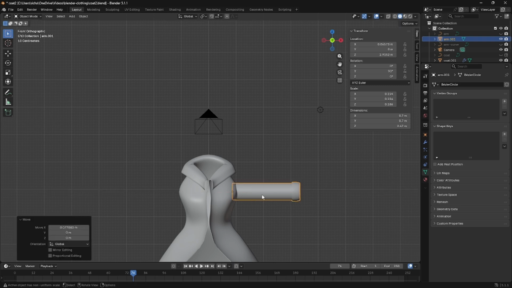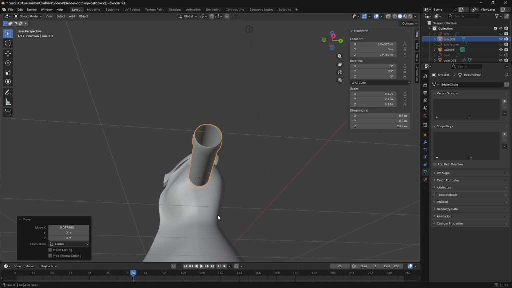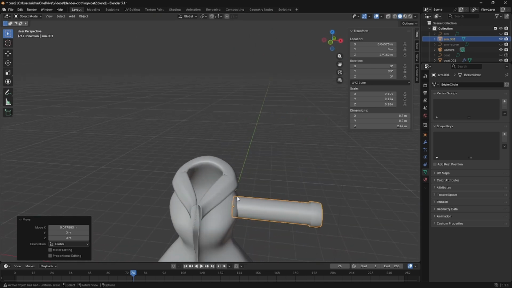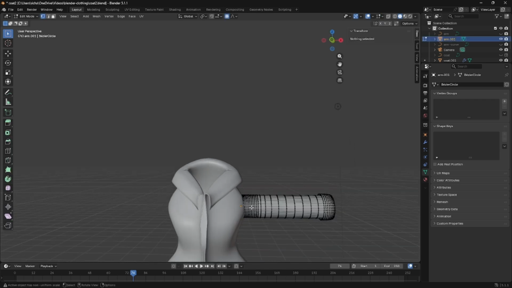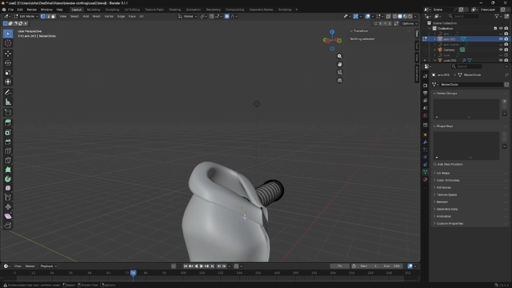Now the other thing is, you'll probably notice right now, it just looks very strange as well. You can clearly see that it's like a tube coming off it. It doesn't feel in any way like a coat arm at the moment, but we will try and fix that as we go along. Okay, next thing I'm going to do is, in edit mode on this,